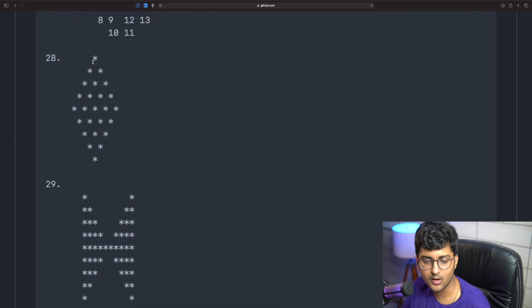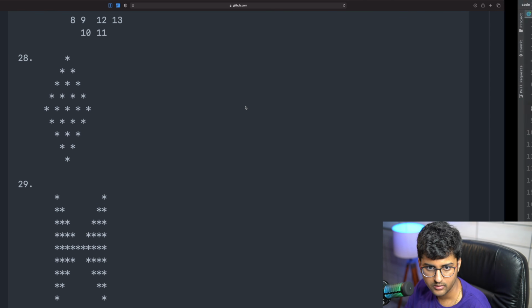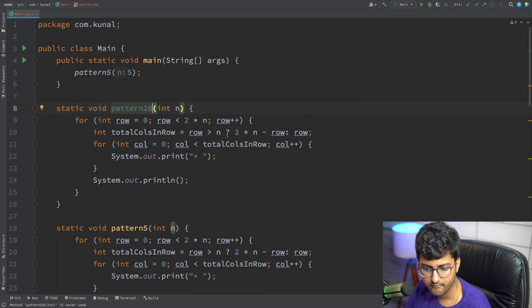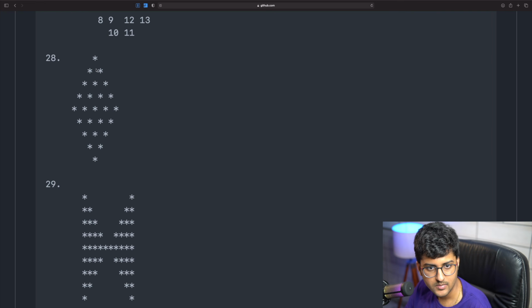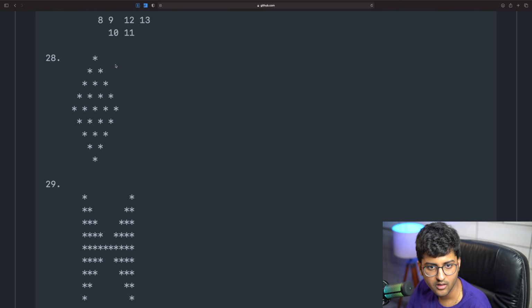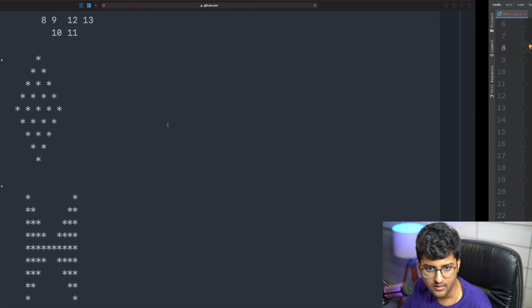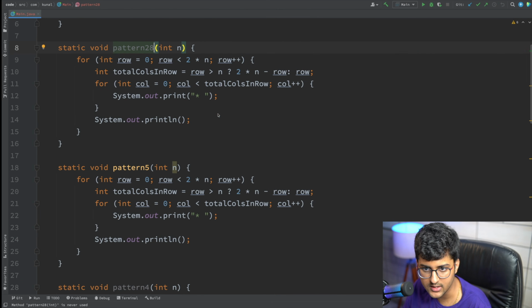What is the number of columns or number of stars in every particular row? Same as previous, exactly the same. That's correct. Pattern number 5: 1 2 3 4 and 4 3 2 1. That's also fine. Are we printing star? Yes, we are printing star only.